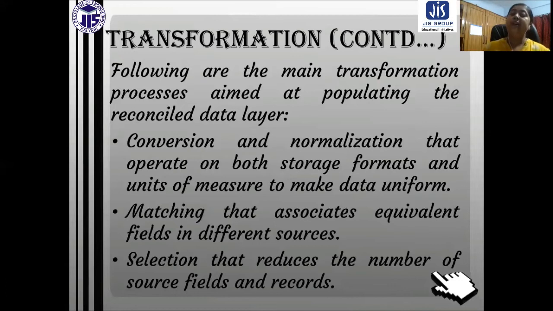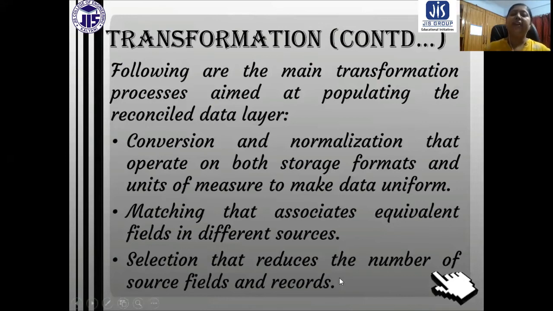So obviously the distinct information should be loaded, and we need to take care of that also. Duplicate information should not be stored. It is only a wastage of effort and a wastage of storage. So we need to store only unique, relevant information.